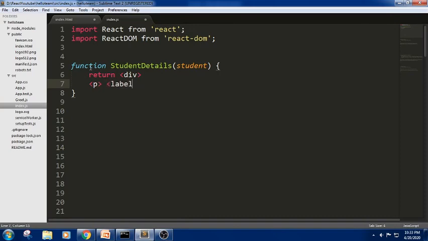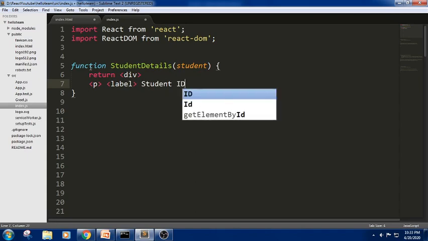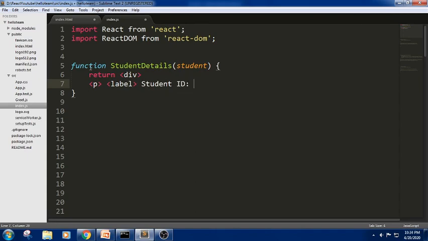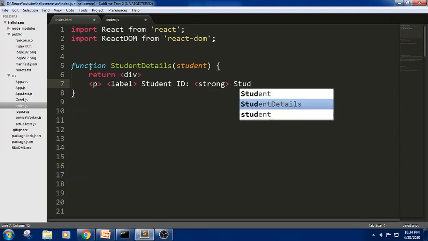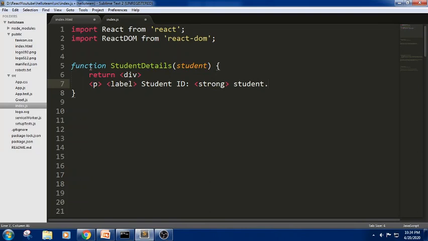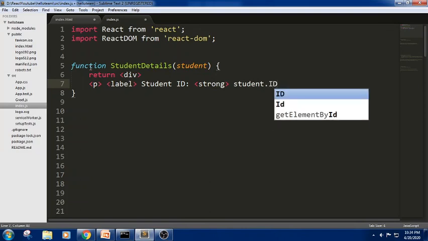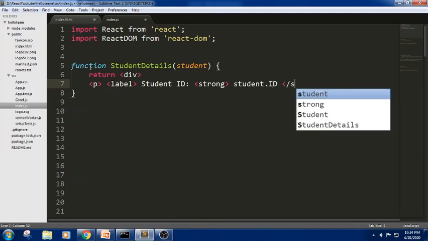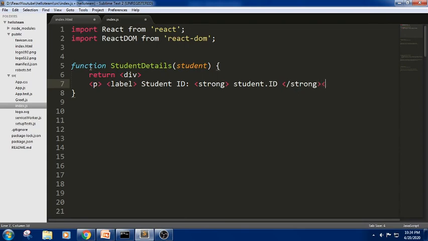Now I am trying to pass some student ID. I want to display the student ID here. It is student.id. I just want to pass student.id here, and I just want to close this label and paragraph tag.